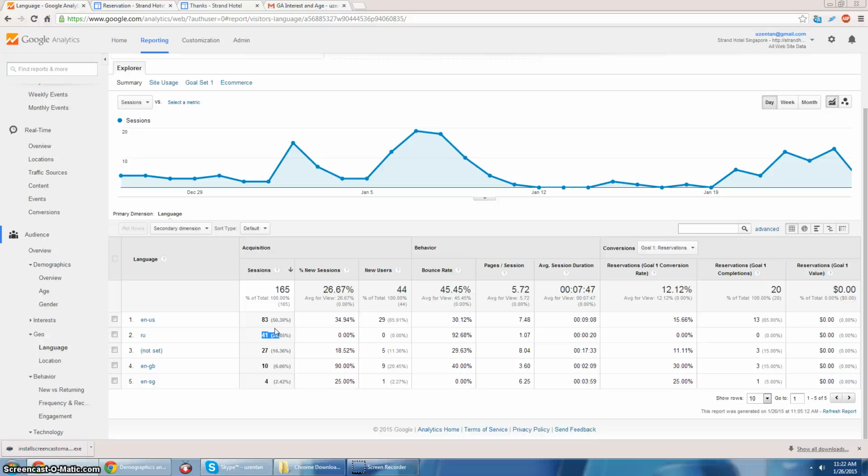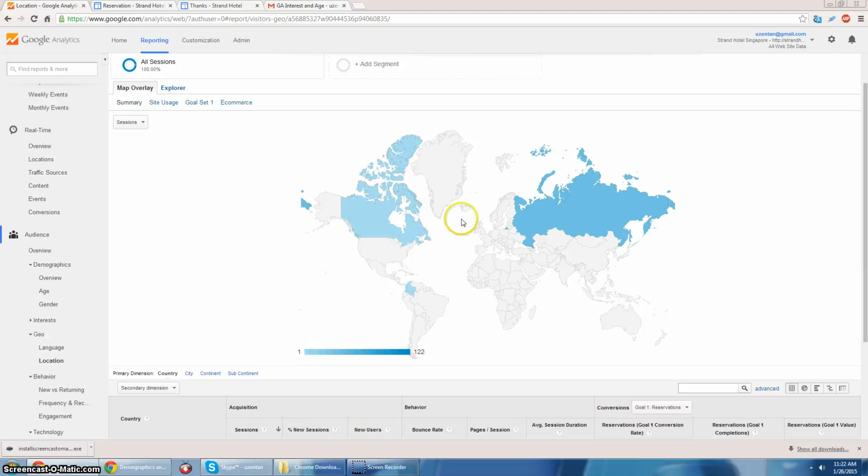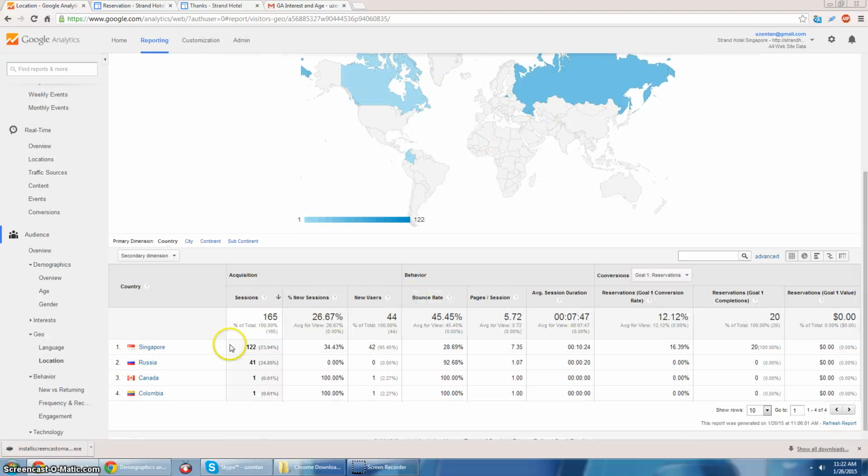Google Analytics is also able to show the location of the visitors. For example, over here, it shows that most of these people actually come from Singapore. So what Strand Hotel can do is create a promotion to heavily market staycations. Locals from Singapore who stay in a hotel can receive the promotion, which includes, for example,